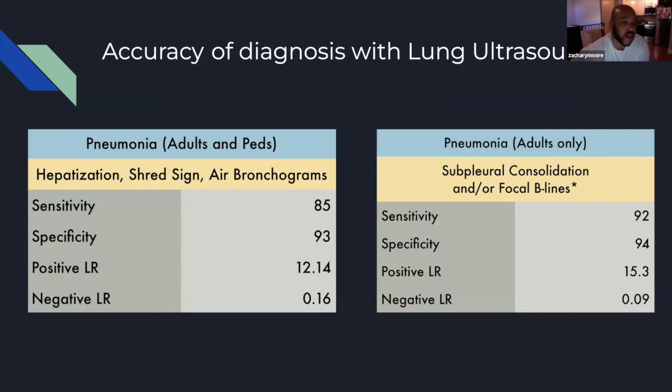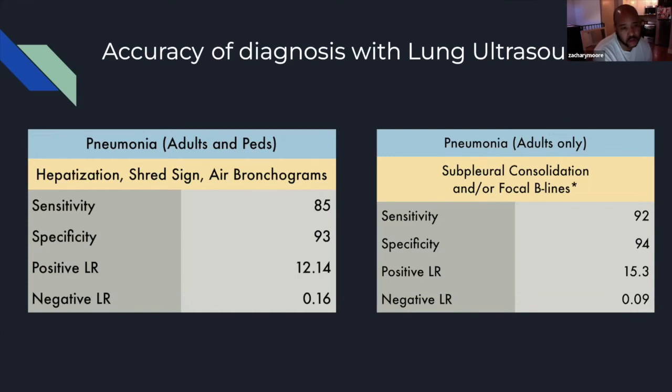But a systematic review of about 20 different studies with about 2,500 patients, throughout both adults and peds, in the ED, the wards, and ICU, showed a sensitivity of 85% and a specificity of 93%. In terms of ultrasound findings, they were looking at hepatization, shred sign, and air bronchograms. The gold standard was, of course, using CT, chest X-rays, and also clinical diagnosis and identifying